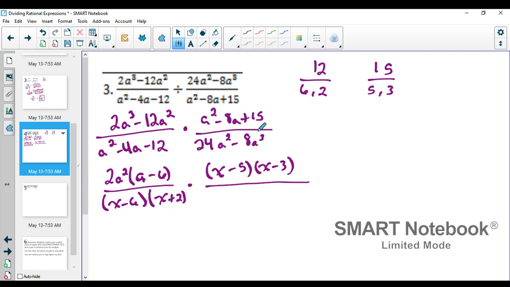And then we need a common factor here. The common factor here obviously is going to have an a squared, and it's also going to be 8. But we're going to pull out the negative that is with this so that it's negative 8. And then we're going to flip the order we're going to write our answer in. So negative 8a cubed divided by negative 8a squared is just a. And then 24a squared divided by negative 8a is minus 3. And the reason I put it in that order is because we now have